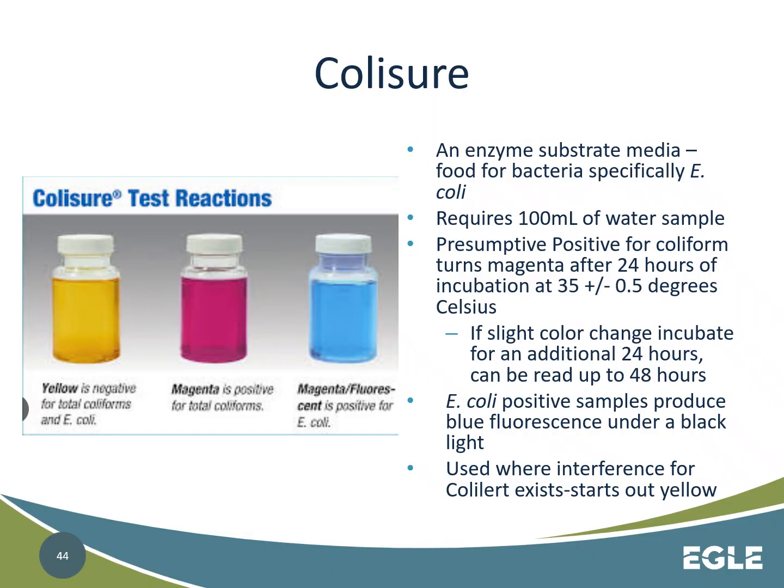When Colisure is added, again this needs 100 mLs, it turns the sample yellow initially. If the sample remains yellow, then that means there's no coliform present. This is read at 24 hours. Again, if there's a slight color change, but not a ton compared to the comparator, it can be incubated up to 48 hours to see if you get any additional color change in the sample itself. It's at 35 plus or minus 0.5 degrees Celsius again. And this turns a magenta color when positive for coliforms. And then you'll get a blue type fluorescence again under a black light